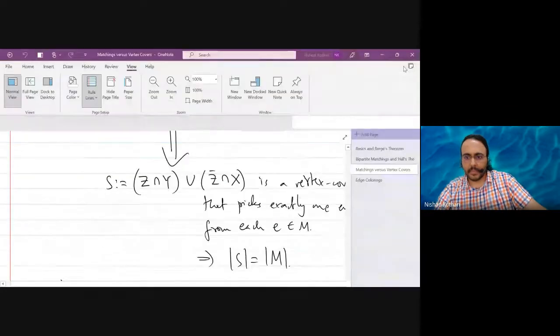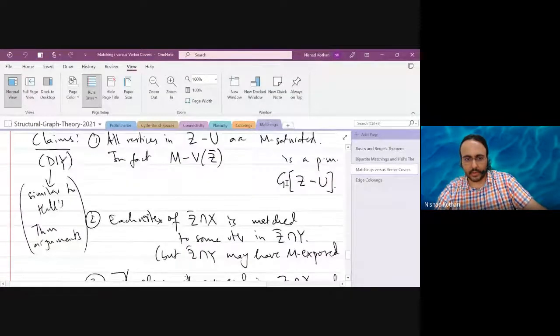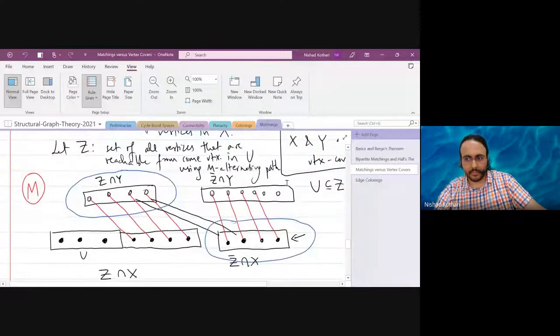Okay. So, are there any questions or concerns pertaining to all of this stuff? Right. So, we have covered, we started with Berger's theorem. We covered Hall's theorem, and then finally we looked at the Koenig-Agarwal theorem. All right, so now I want to switch to applications of bipartite matchings to edge colorings, right?